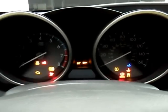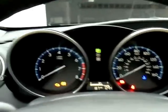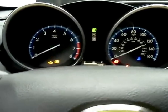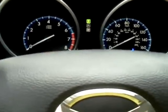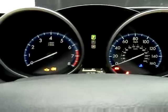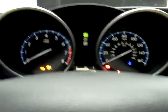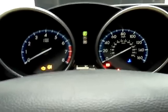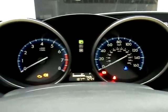All right, let's start it up and see what happens here. Basically the dashboard lights come on, probably because it's kind of dark in there. These things kind of cover your speedometer and tachometer, so dashboard lights come on even in the day. So we'll give it a start here. Shut this radio off and